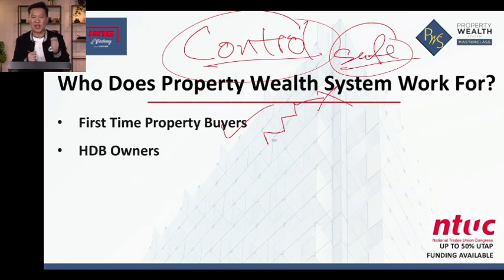If you have done your research and study and determined that there is a demand for it, for example, what did the owners of Pinnacle at Duxton earn? In the last month, it transacted for $1.4 million. So when these people went for the BTO or bought resale at $900,000 earlier on, did they make a calculated investment? Did they make a calculated decision that when they bought it at 900, today is 1.4?